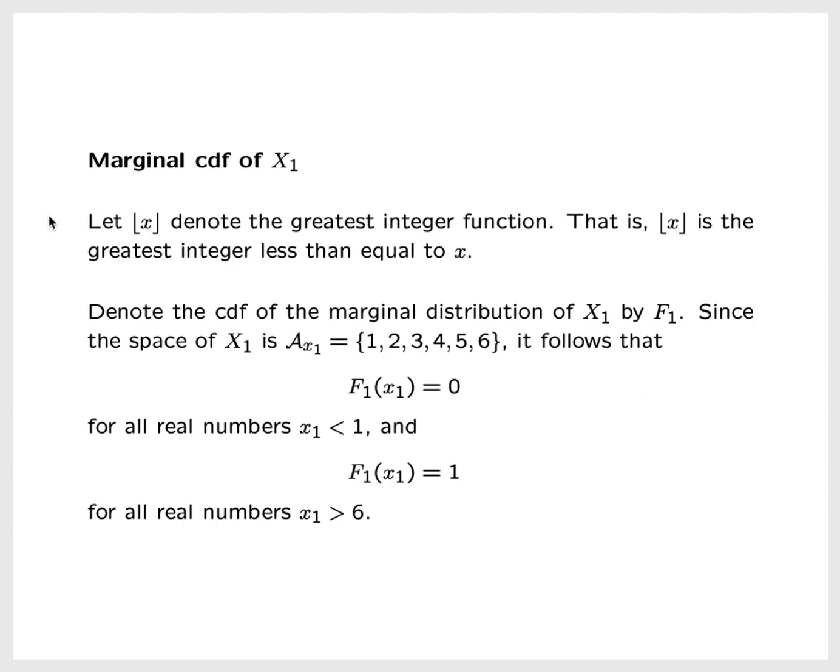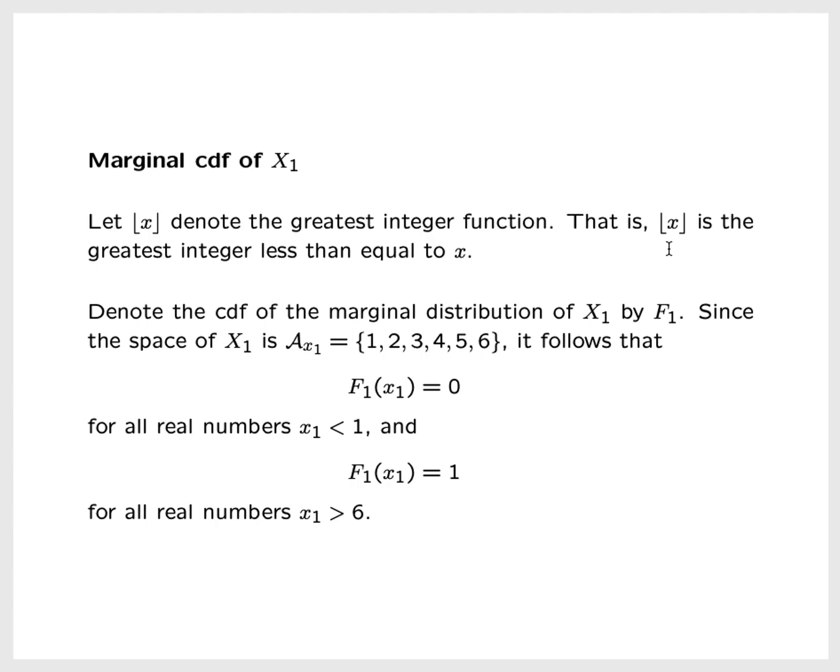Now first, let's introduce some notation just to make sure we're all on the same page. This notation here denotes the greatest integer function. In other words, when we evaluate this function at a particular real number x, what it evaluates to is the greatest integer that is less than or equal to the argument. So for example, if we evaluate this at 3.5, then the greatest integer function at 3.5 is equal to 3, because 3 is the greatest integer less than